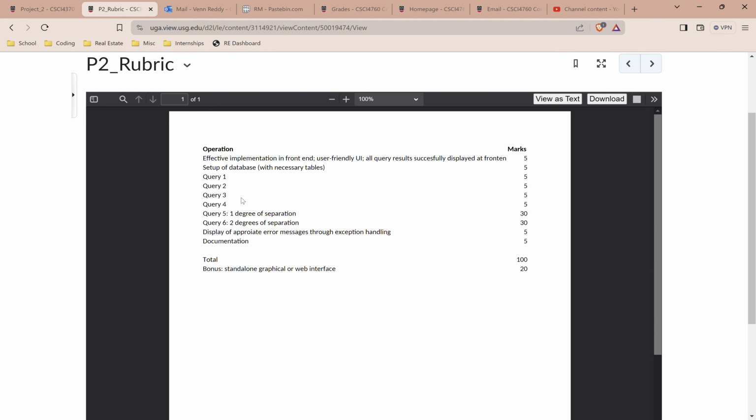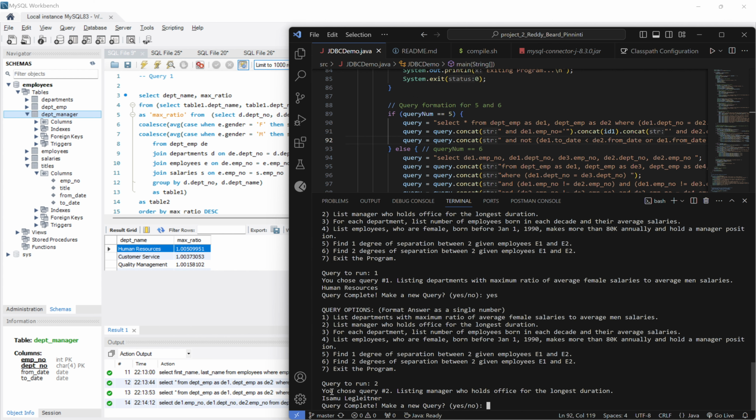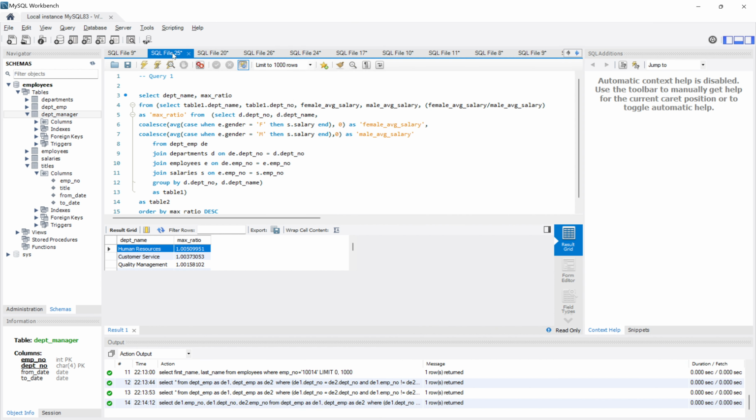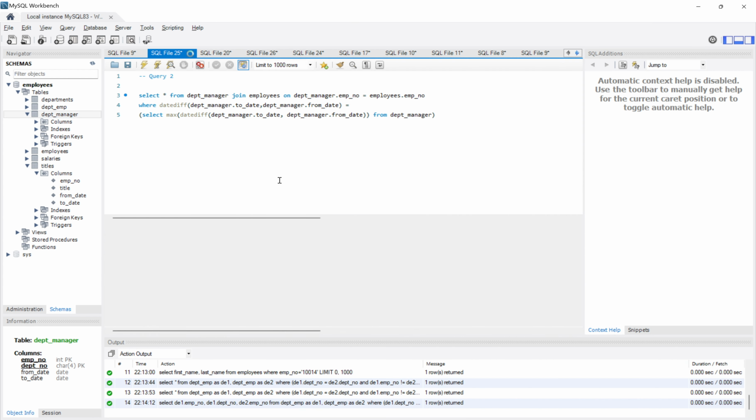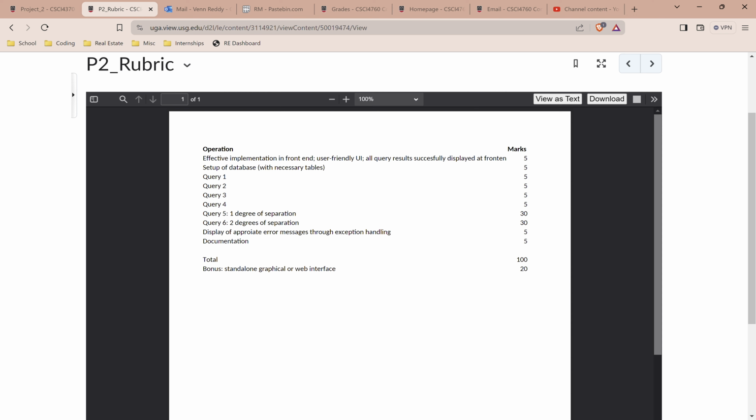Next on the rubric was query 2. That is, list the manager who holds office for the longest duration. That was Isamu Legleitner. We can see that in our query 2 here. Yes. Next was query 3,